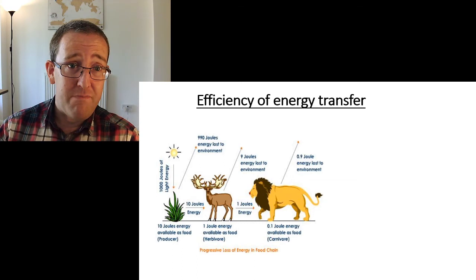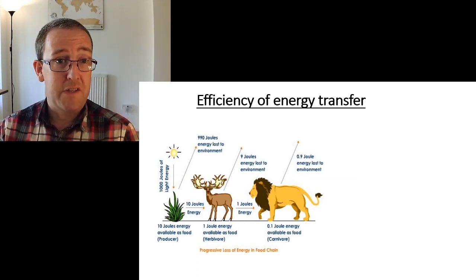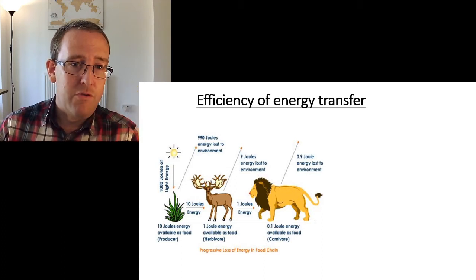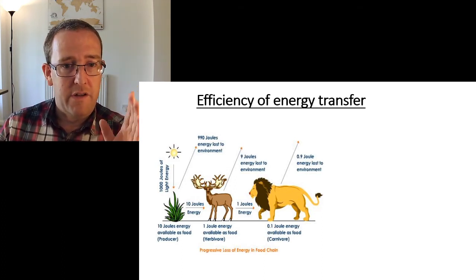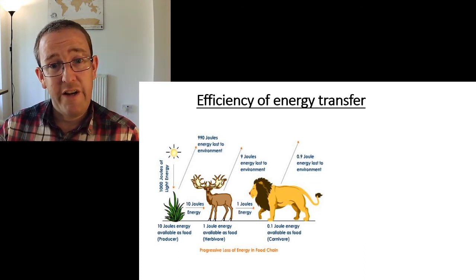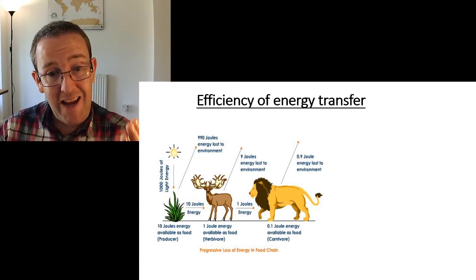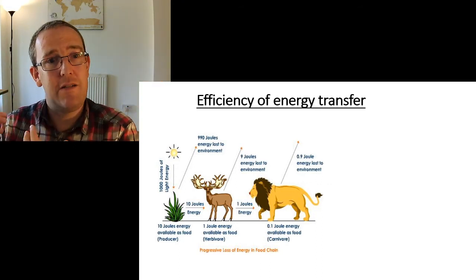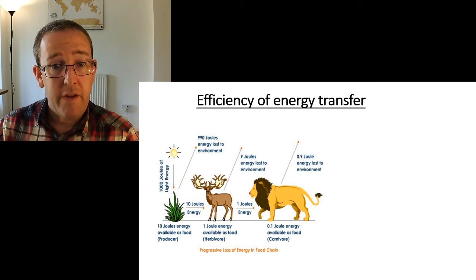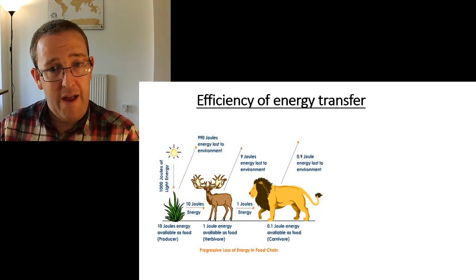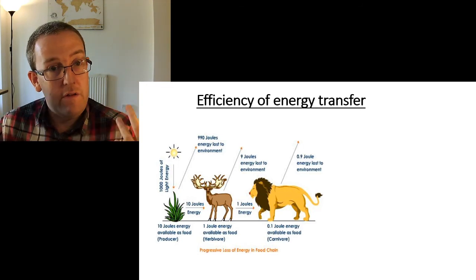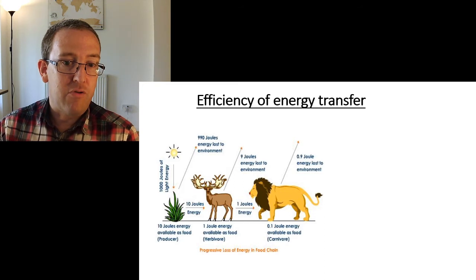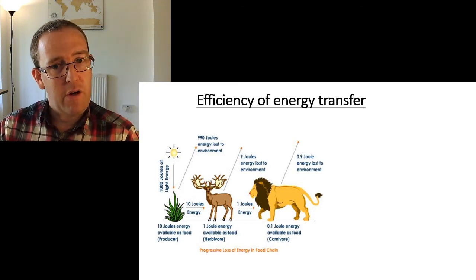Plants are not very efficient. They're efficient enough. They're pretty good. Photosynthesis is an amazing system, but it isn't perfect. Okay. So for every 1,000 joules of light energy that hits the plant, 990 is lost to the environment, meaning only 10 joules ends up in growth that a herbivore can then eat, that is accessible to the next trophic level. Okay, so they consume all that. Of that, 9 joules of energy is lost to the environment in various different ways, and only 1 out of the original 1,000 is available to our carnivore.